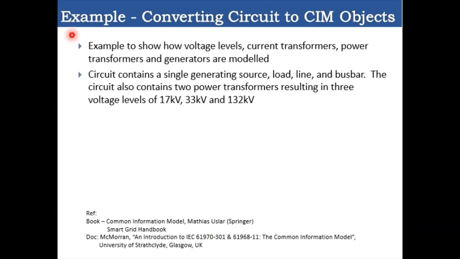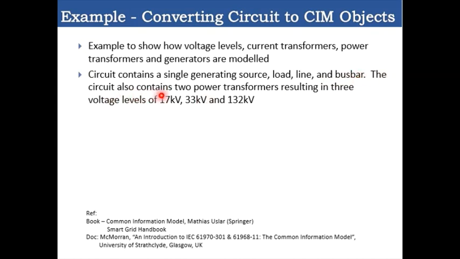Now based on our previous discussion, let's try to understand how we can convert a particular circuit into SIM objects. We'll see one example in which we will show how the voltage level, current transformer, power transformer and the generators are modeled into SIM objects. Here the circuit contains a single generating source, load, line and bus bar.